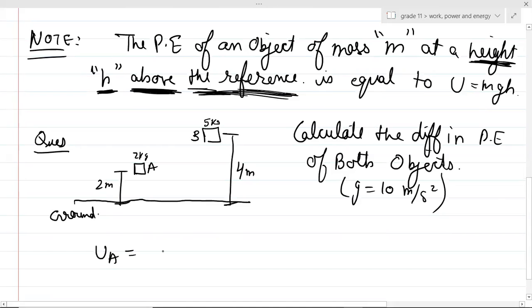Potential energy of object A will be 2 times m, that's basically 2m, and then g will be 10, and what is the height? 2 meters. Similarly, the potential energy of point B will be m into g